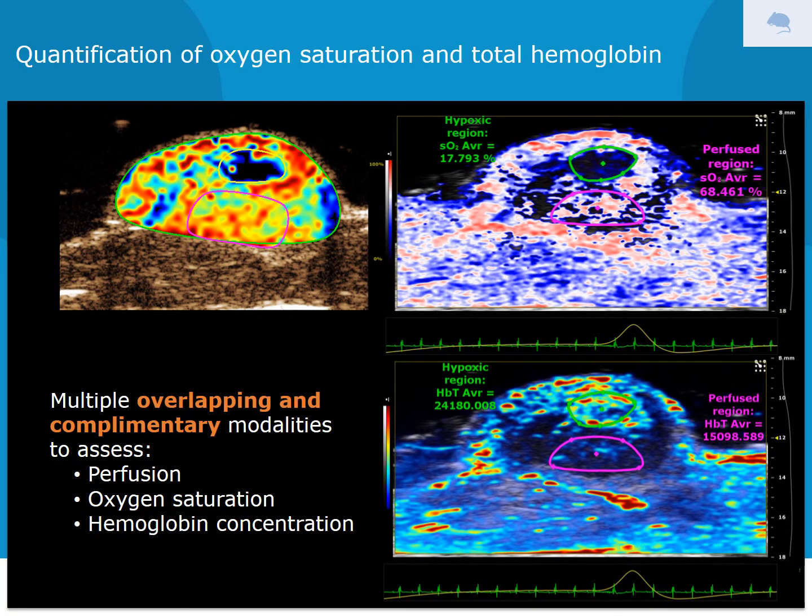This is another example of the benefit of combining different imaging modes. So on the first image here, you see the microbubbles perfusion map, and you see that there's a region of interest that is not perfused. But here, I can't tell you if this area is a necrotic area or if it's a hypoxic area. Because when the vessels get damaged, when the microbubbles pass through the vessels, they are destroyed because the shell of the microbubbles is fragile. But when you switch to the oxyhemo mode to look at the oxygen saturation level, you